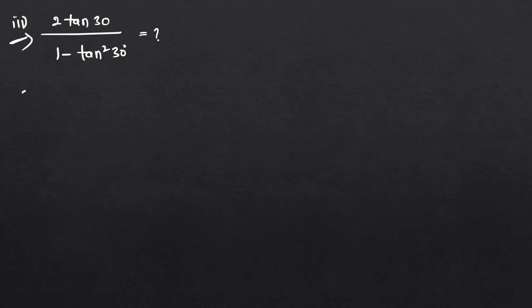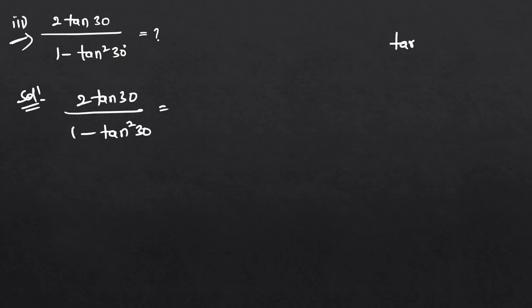So the third question solution. What is the third question given here? 2 tan 30 and divided by 1 minus tan square 30 is given here. So tan 30 value is what? 1 by root 3. Very good. So tan 30 is equal to 1 by root 3 will come na. We'll substitute the values in this one. 2 into tan 30 only, so we'll take 2 into 1 by root 3 divided by 1 minus 1 by root 3. Okay, so the question is only this one only na.